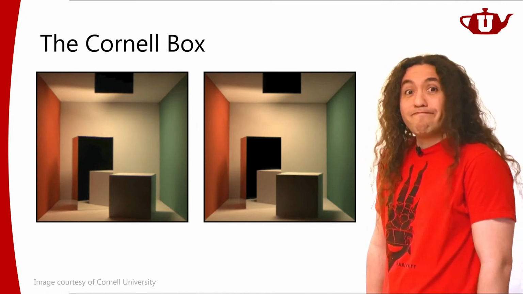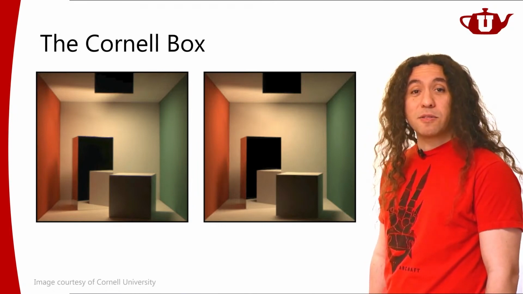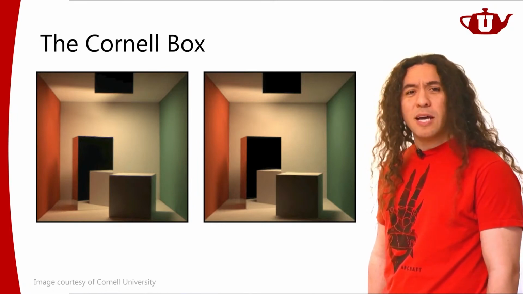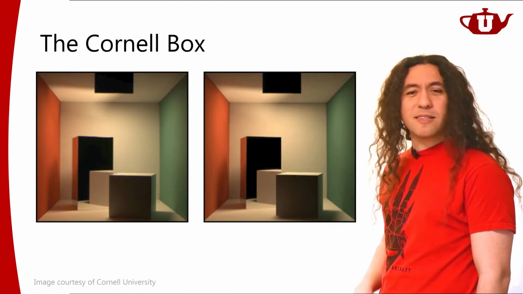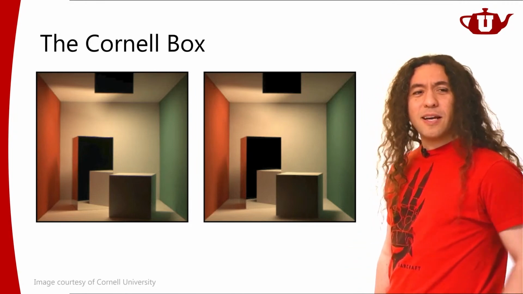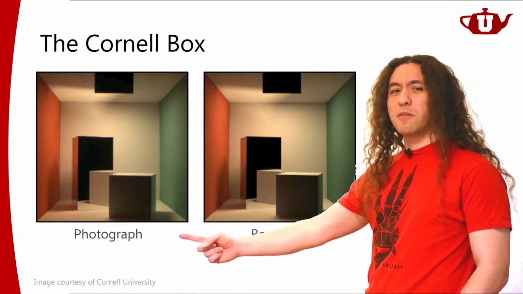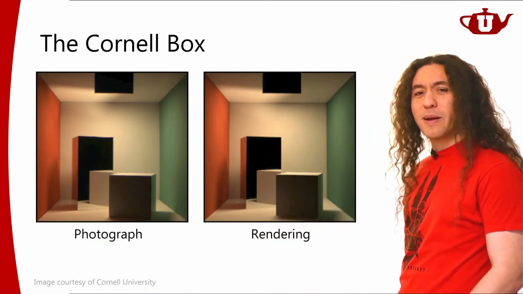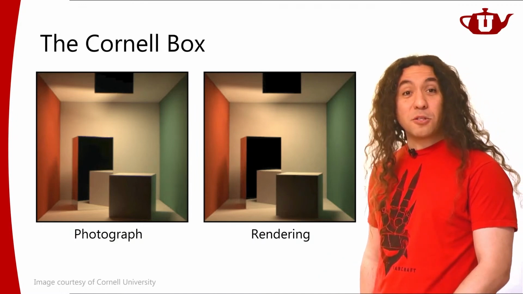But just by looking at the illumination itself, just look at the overall illumination on the walls, on these boxes. It's almost identical, right? It's very difficult to differentiate based on the illumination. But if you look at the differences, like the edge details, you will see that this one is probably looking a bit more perfect than this one. So this one must be the photograph, and this one is the rendering. And yeah, that's pretty much the only way to differentiate between the two.